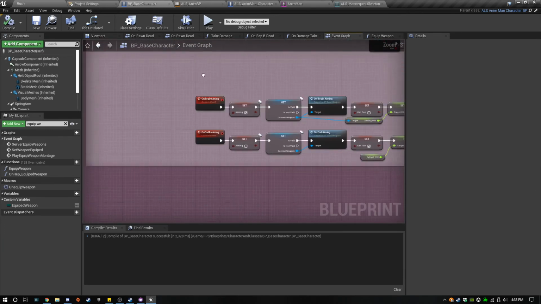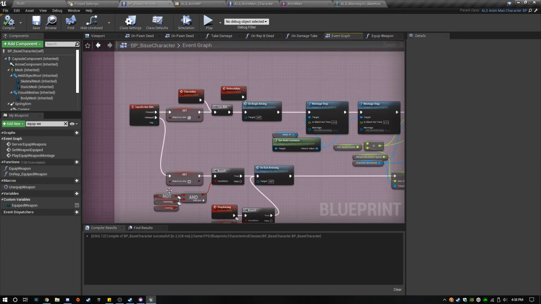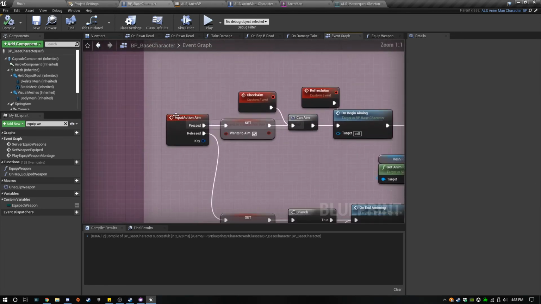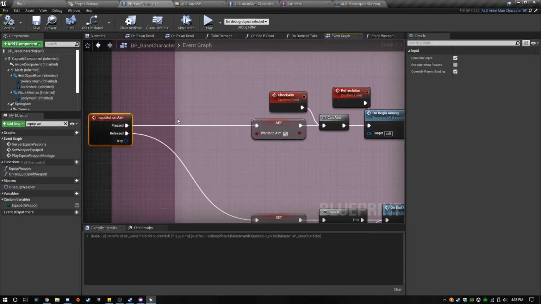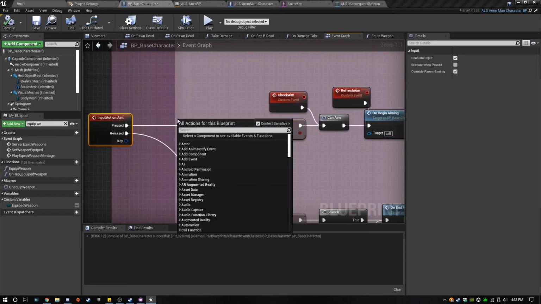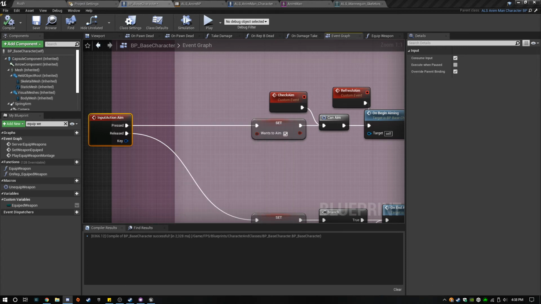Alright, two more things here. Over in our input action aim, we need to call to... I think it's rotation mode. Let me look it up here though.